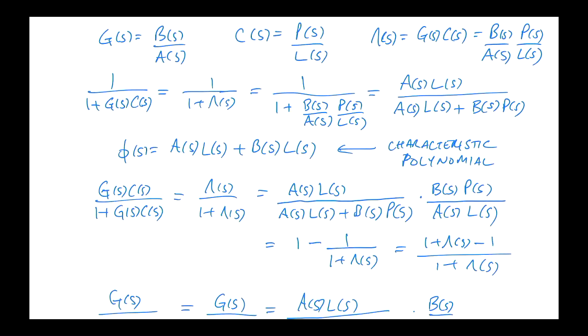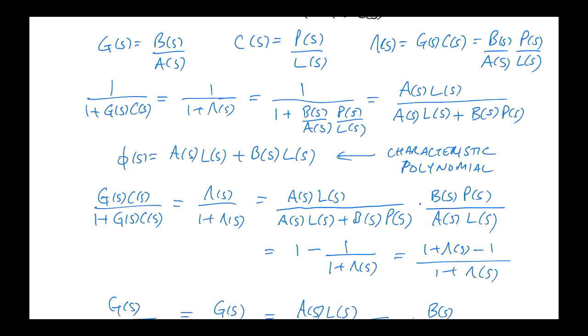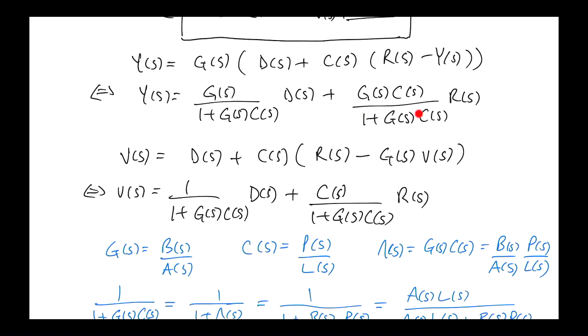Okay, so you can see on the denominator here, we have the so-called characteristic polynomial. It can be formed out of the polynomials that are used to define the plant and controller transfer functions, and that polynomial appears on the bottom of the corresponding expressions for the other sensitivity functions as well. Okay, so if we look at this sensitivity function, which is this one here, it's telling you how y depends on r,